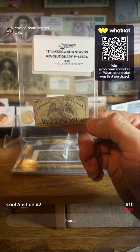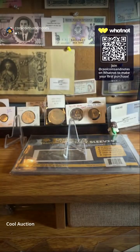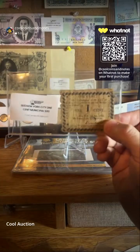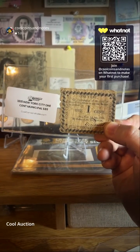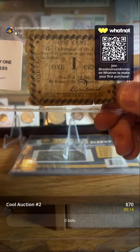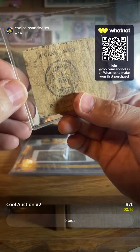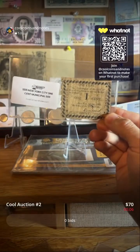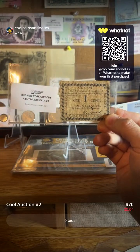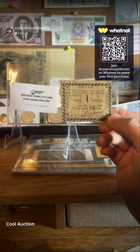Good evening, Ethanol. Good to see you. Channel 12 Israel is reporting. Hold on. This 1815, 1 cent, New York City. Old little note. New York City. Israel reports that